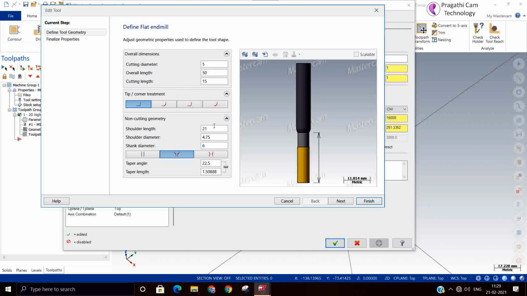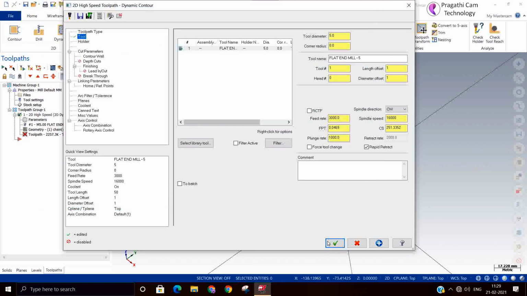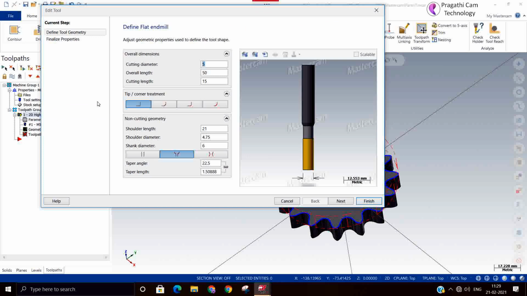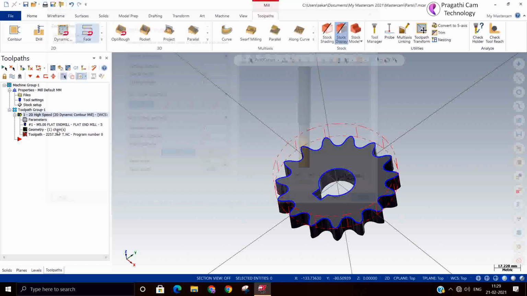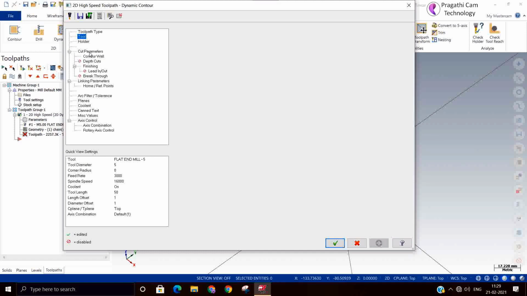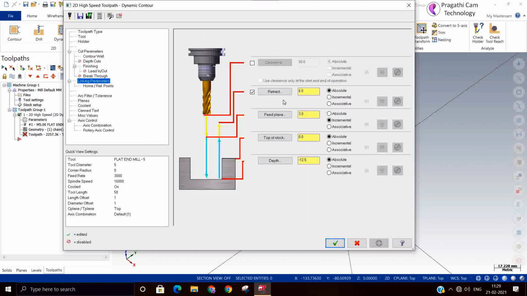Let us see, but still my stock, I think, also needs to be reset. Let me check my retract also. I made everything absolute.